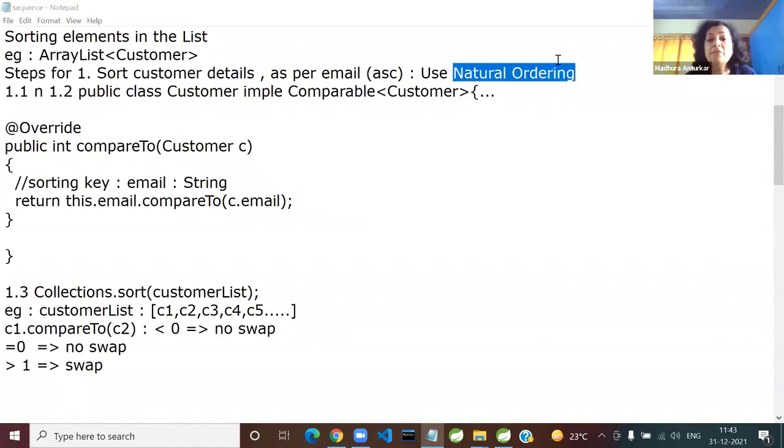Everyone with me? Which algorithm? Iterative. Kunal, open the Java docs. It tells you the implementation note. It uses iterative merge sort. Okay, so it is a TimSort algorithm, the TimSort sorting algorithm, where Java and Python both of them use the same one. So that is the algorithm used internally. Now, this is nicely happening with the natural ordering.